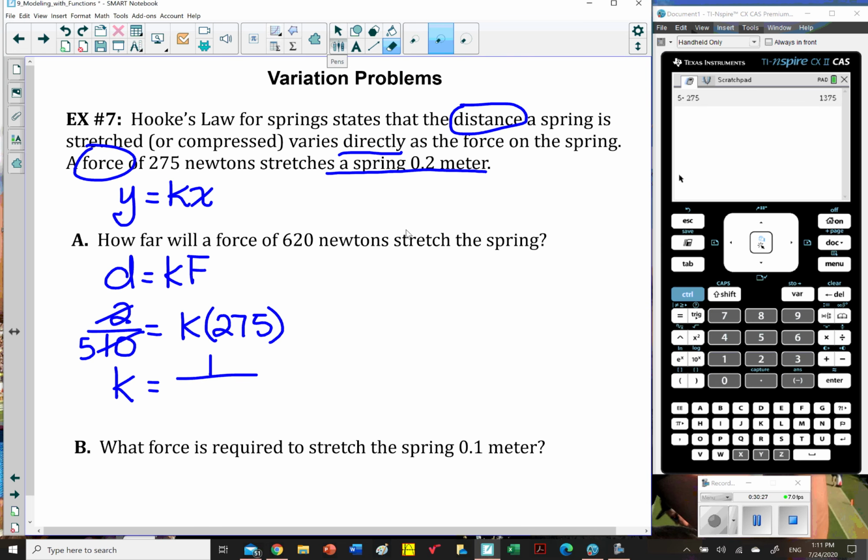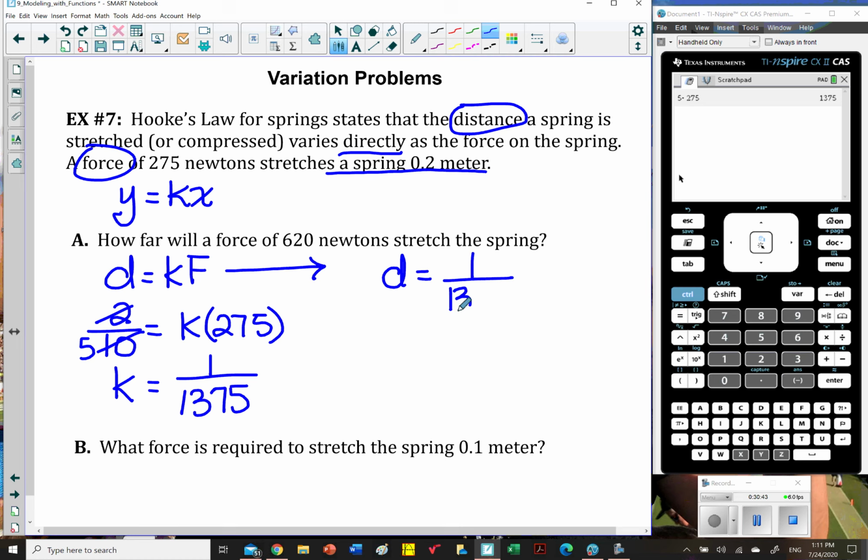So 5 times 275 is 1375. So our K factor is 1 over 1375. Coming back up here, we're going to use that formula. The distance is 1 over 1,375 times a force of 620 newtons. And 620 divided by